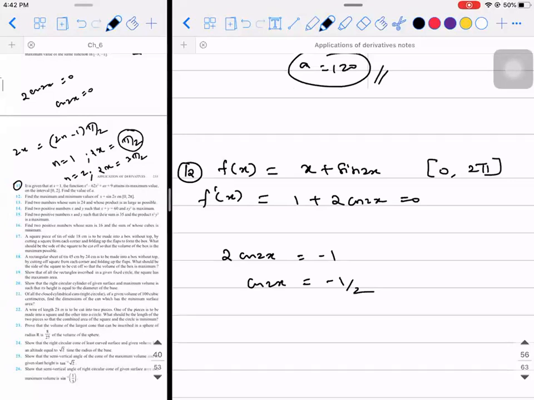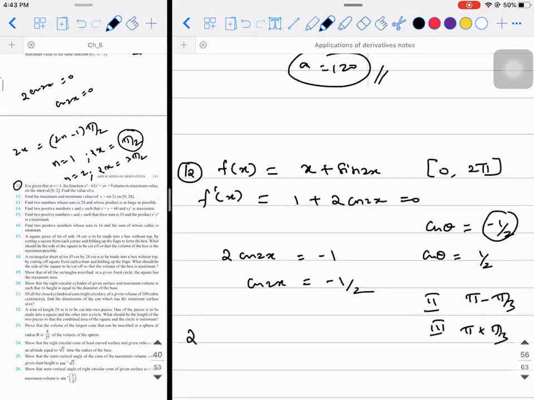Those who don't know how to solve this, if cos theta is equal to minus half, observe what I'm going to do. I will first find out which value of theta will give me half. Which acute angle will give me half? Pi by 3. Since you told second and third quadrant, what is the format of the angles in the second quadrant? Pi minus pi by 3. In the third quadrant, the format is pi plus pi by 3.